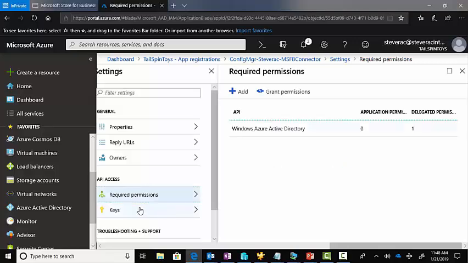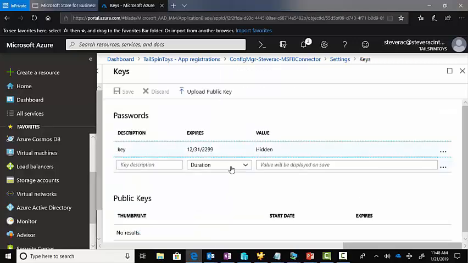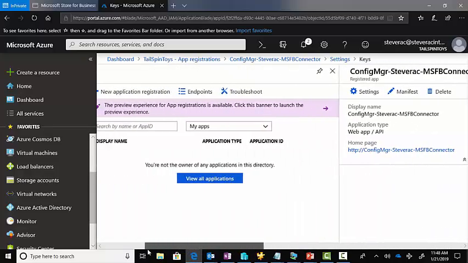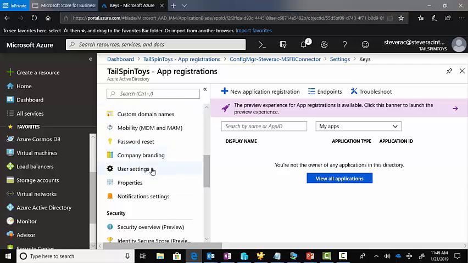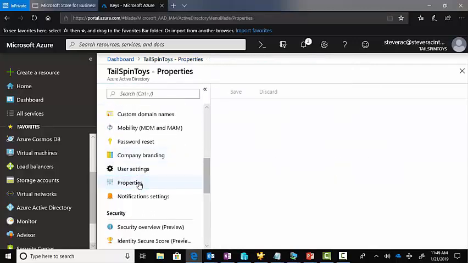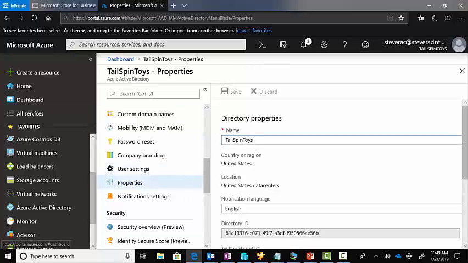If I go to required permissions and just simply go back, I have the key, but the value is completely hidden. So I needed to have gotten it then, else I would have to create again. Now, the other couple of things that I'm going to need to complete the wizard under Azure Active Directory will be my tenant information. So let me go to Properties. And the name of my tenant is Tailspin Toys,